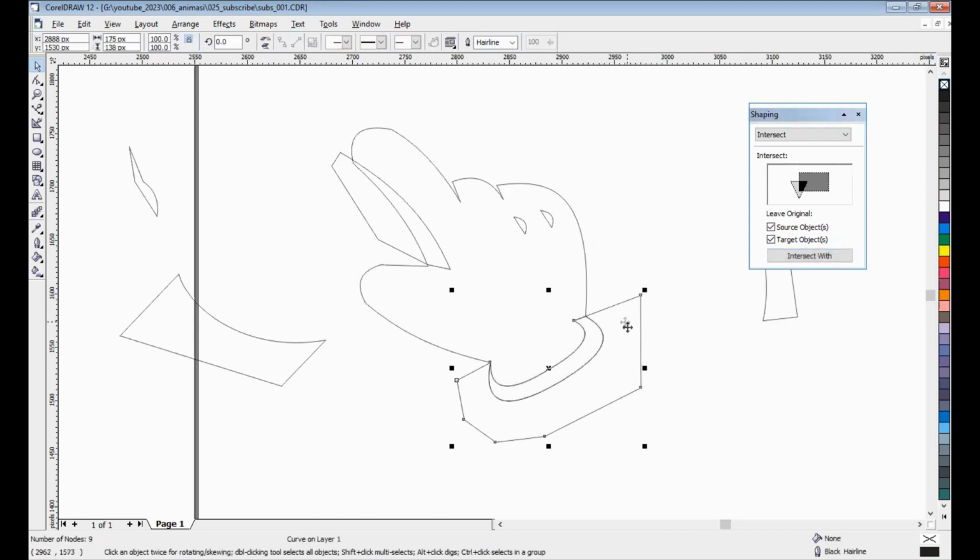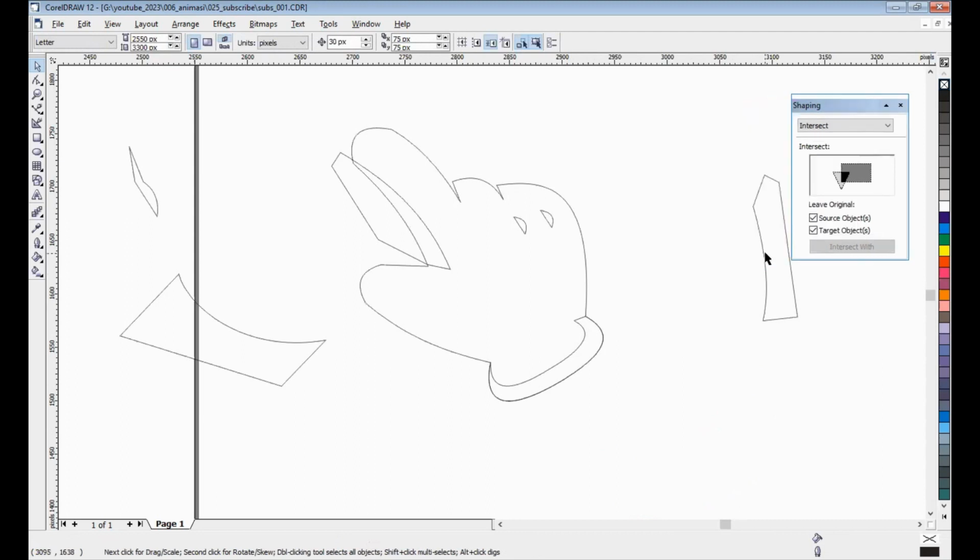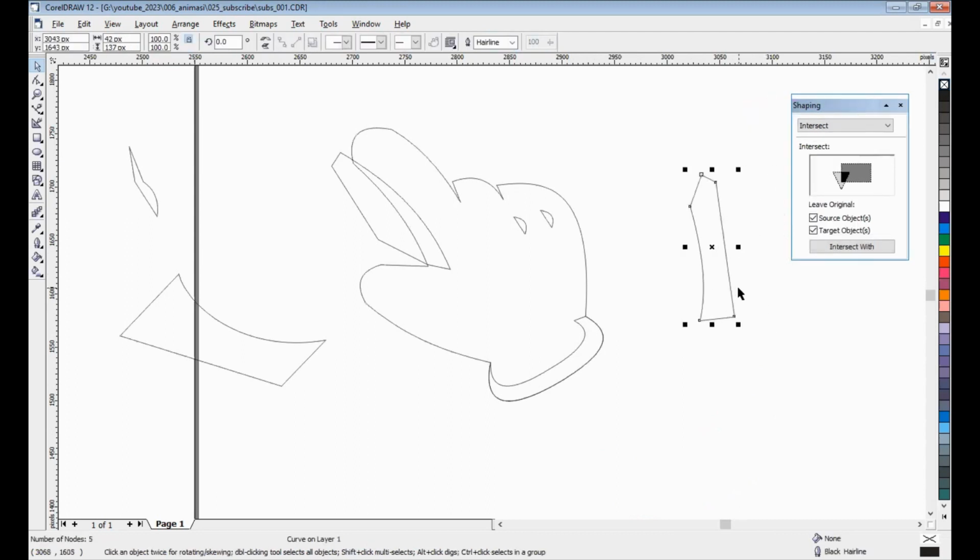Okay, that's the result. Maybe it's an illustration. I will try to change this to move.